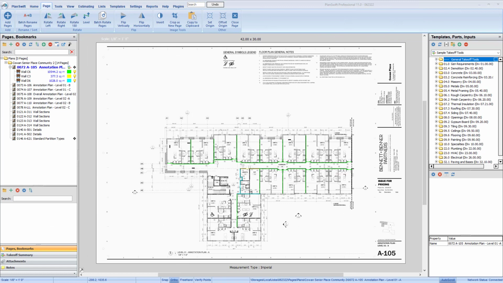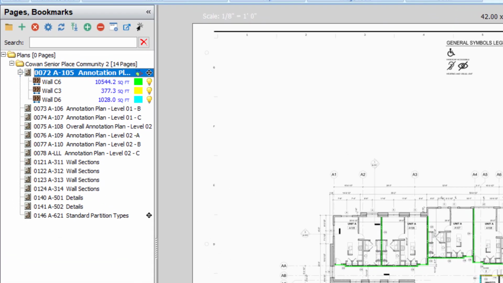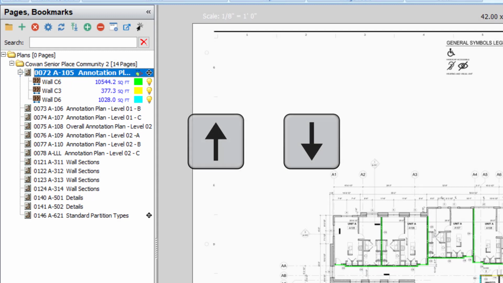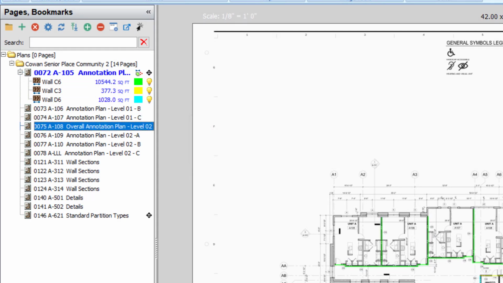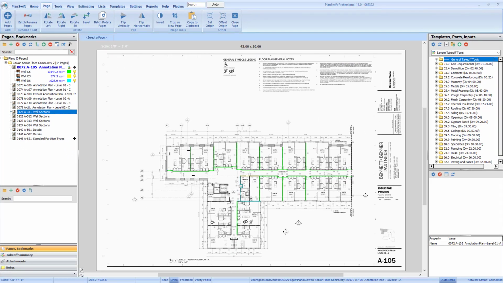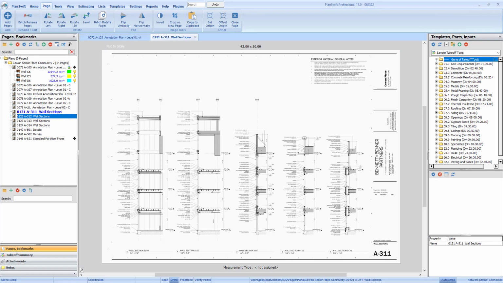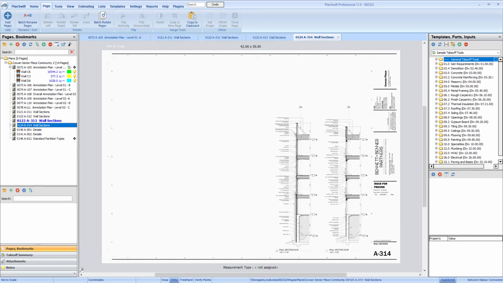In addition, this also gives you the ability to potentially utilize these features in an even more efficient manner when utilizing hotkeys. When you select an image within the Pages and Bookmarks panel on the left, you can use the up and down arrow keys to quickly cycle through the list of images. So you could use the up and down arrow keys to navigate to the sheet you want to open, and then use the hotkey to open a new tab or window repeatedly, rather than opening a new tab or window and then using the mouse to come back and navigate to the desired sheet each time.